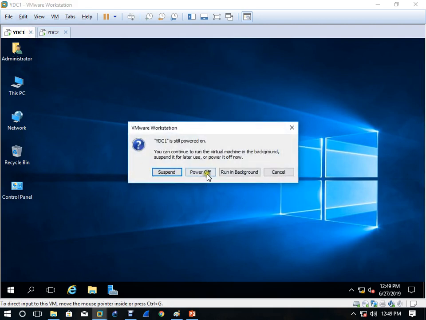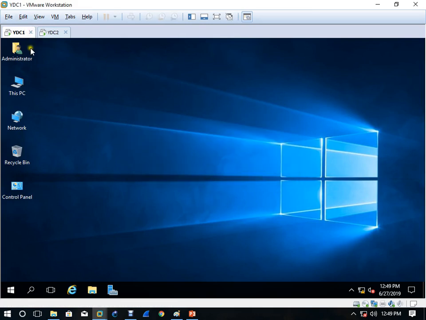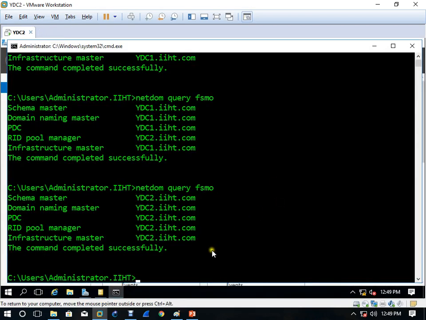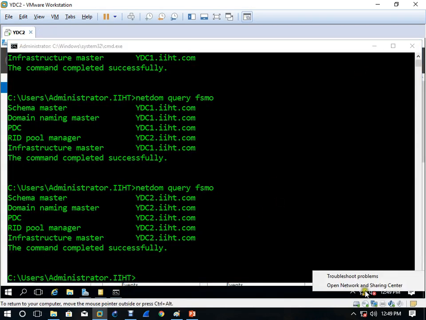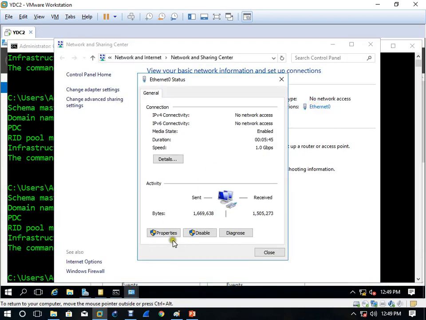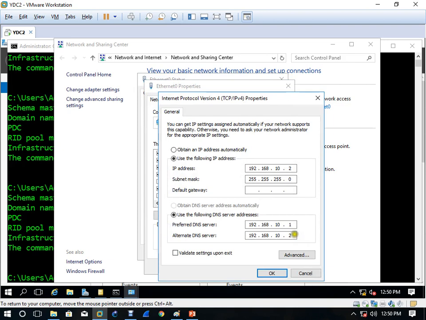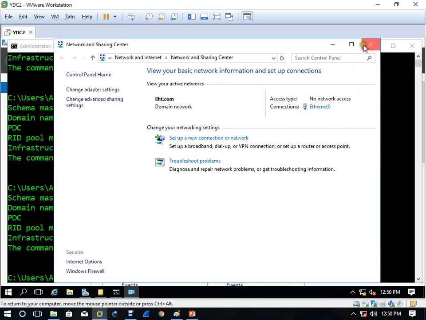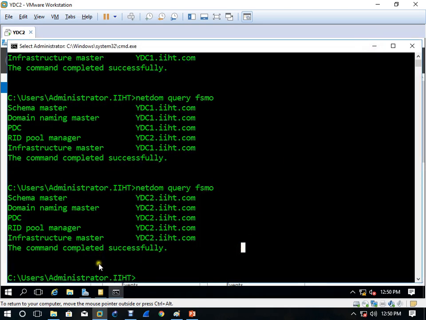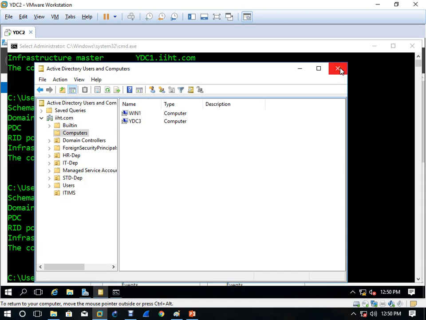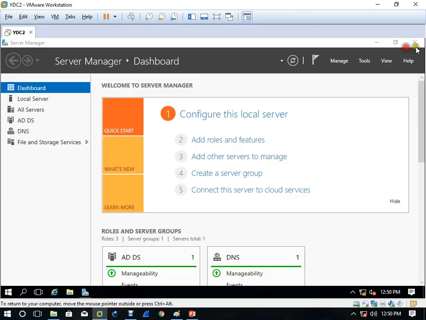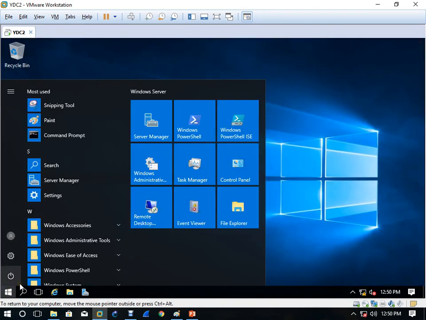Now when you have transferred it, the same operation: you have to come here to DNS. This one has been removed, so remove it from here, and from the DNS database also you have to remove it, and verify your Active Directory and everything. So after transferring, after seizing, always keep in mind, always restart the system.